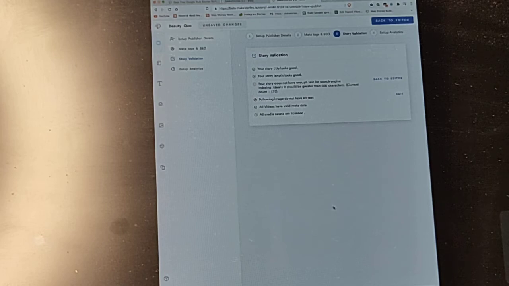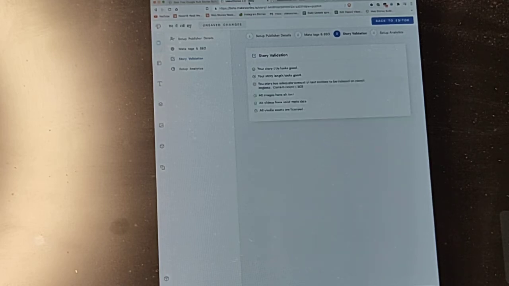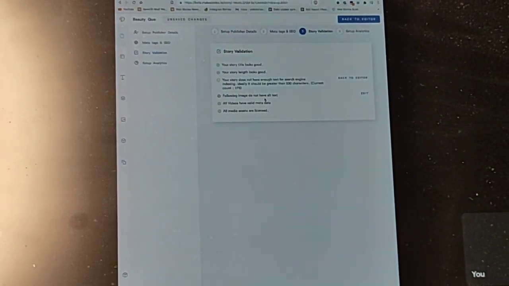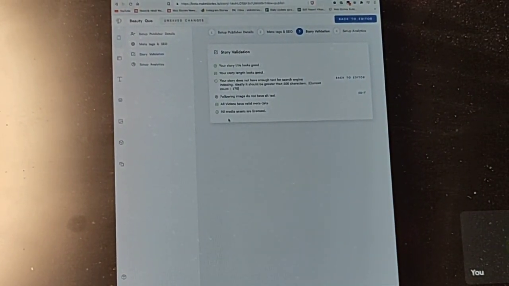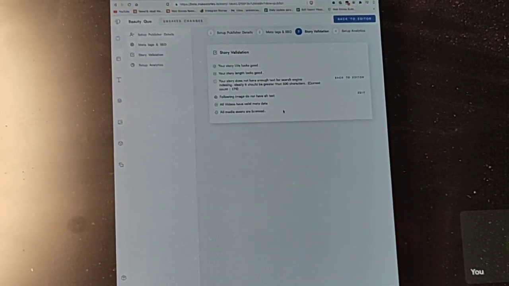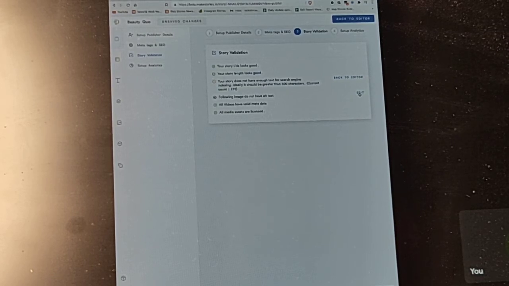See, this story is showing two errors. First, character count is less than the minimum 500, because it is not completed, it has empty slides and no text. And the second error is that the following images do not have alt text, alternative text basically.